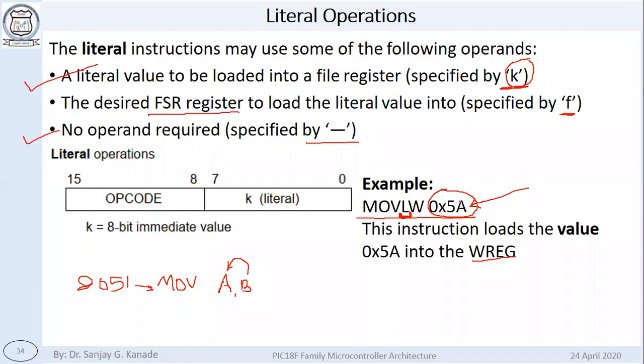Okay, this is the actual value that is going to be copied, because there will be some other instruction, move FW for example, where the value inside the F register will be copied to W. We will see that afterwards, because it is not part of the literal instructions. Okay,